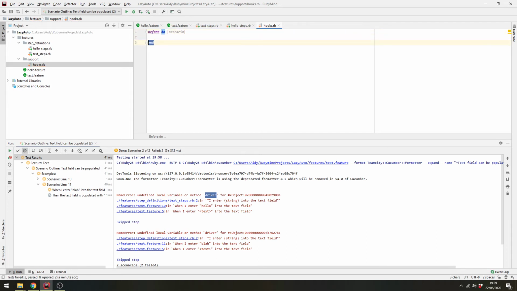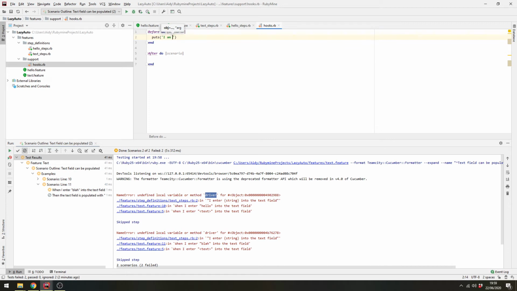And we get another bit of code here which is called after, and I'll just explain what we've done here. So we've written a method here called before, another one called after, and what happens is before any scenario runs, it's going to run this bit of code, and then obviously after it's run any scenario, it's going to run this piece of code. So if I show you how that works, if I put